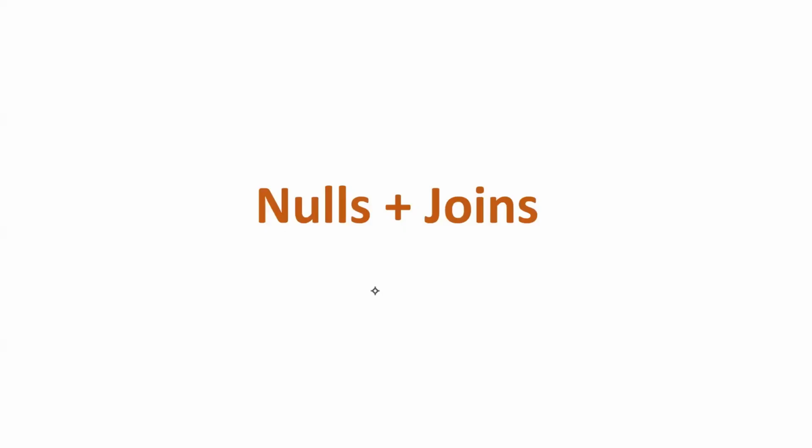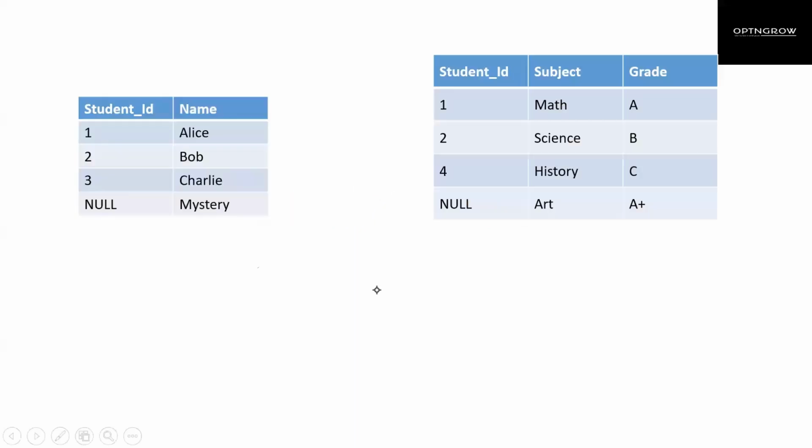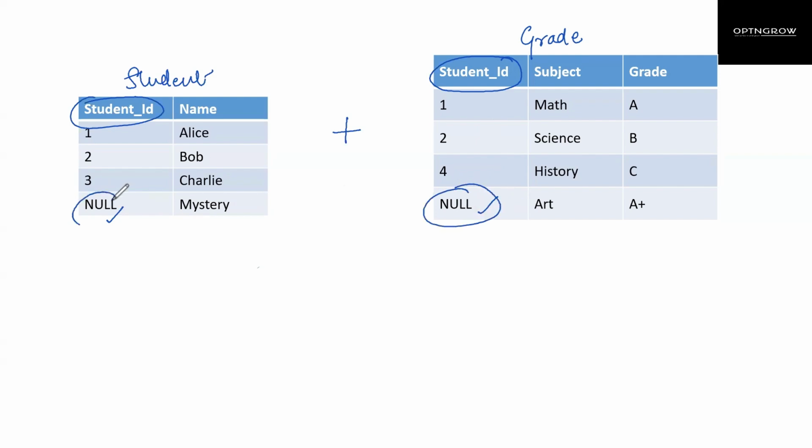Hey everyone. So in this video we'll learn how SQL behaves when we try to join tables on a column having the null value. What I mean is that we have these two tables as you can see on my screen. This is a student table and this is a grade table. Now if we join these two tables on this column, which is a common column between the two tables, you see over here it has a null, and it also has a null. So for both the tables, we have this column and it has a null value.